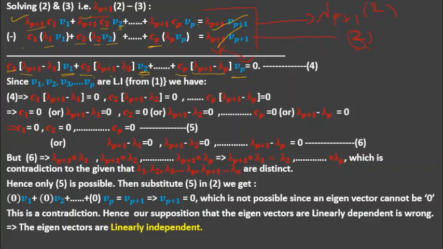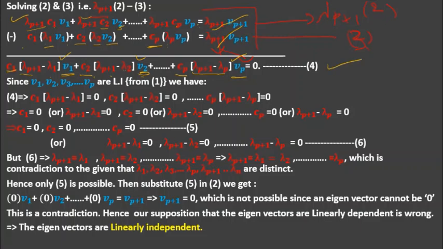This is equation 4. Now what do you have in equation 4? You have in equation 4 a linear combination of p number of vectors, that is v1, v2 and so on vp. Now if you remember, in equation 1 we had that up to p the vectors are linearly independent. Then if they are linearly independent, and you write the linear combination up to p, the corresponding scalars must be zeros. So that's what we have written next. Since v1, v2, v3 and so on vp are linearly independent from equation 1 that we quoted there, we have the above scalars in equation 4.